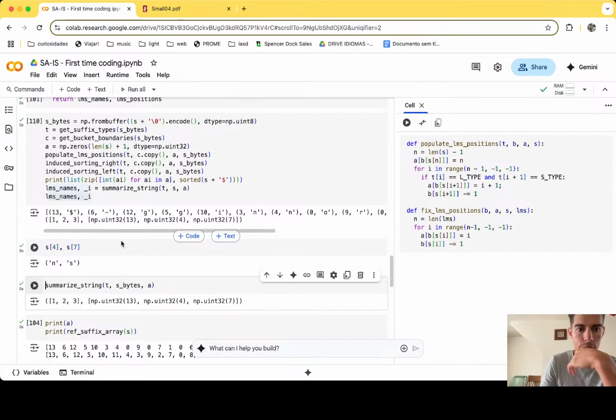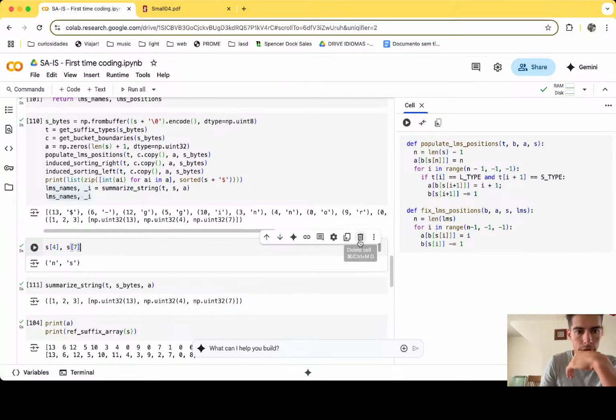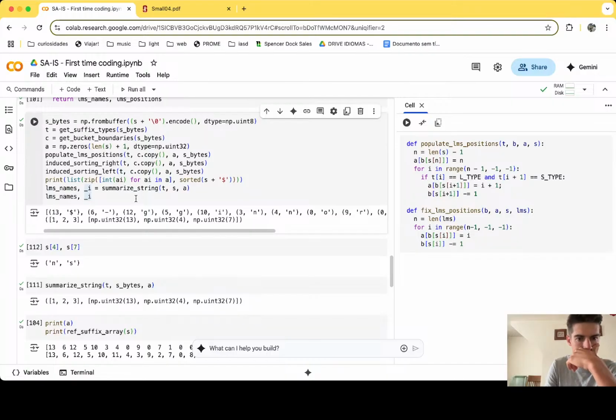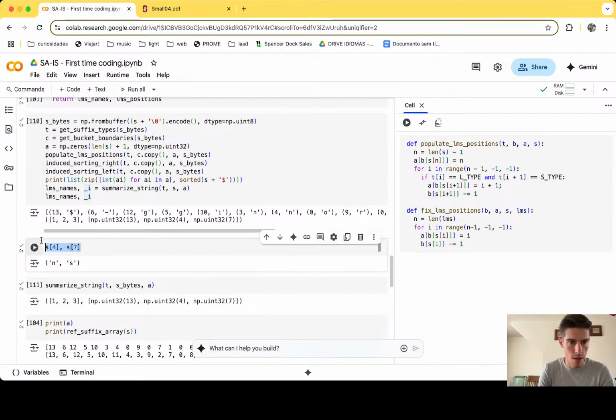No, they are different strings. So if this is not sorted, it is not this last step that is going to fix it. So let's see again. A